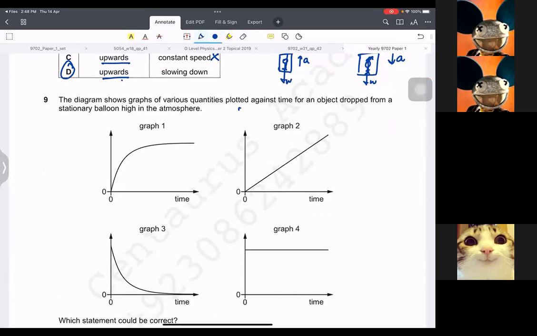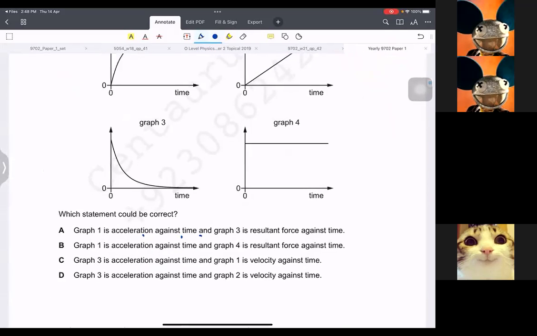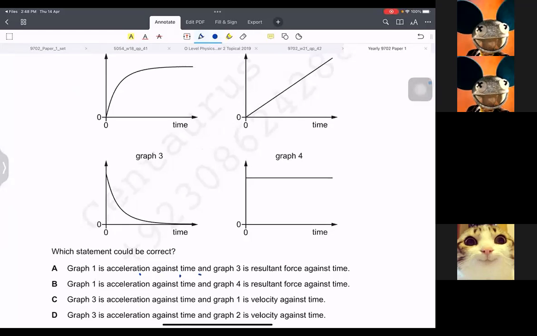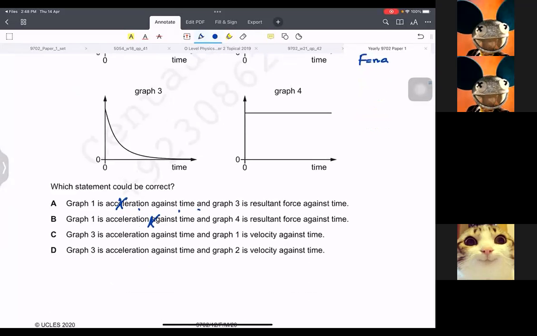Okay. Right. So graph 1 is acceleration, and resultant force and acceleration are directly proportional. They should not be different graphs. So that's wrong. Graph 1 is acceleration against time, and graph 4 is resultant force against time. That's also wrong. Acceleration and resultant force should go along. Graph 3 is